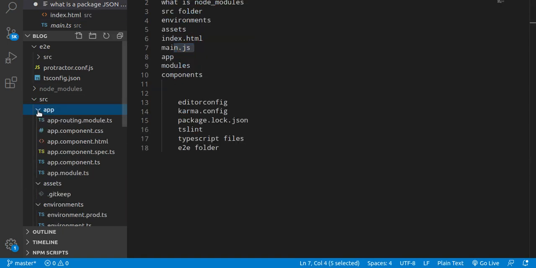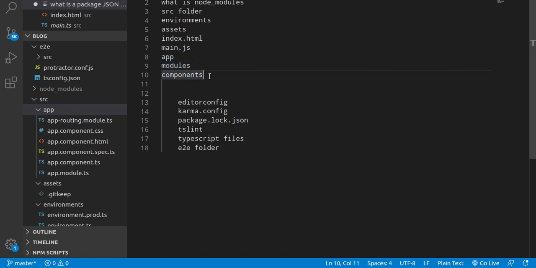So the app folder is basically responsible for the modules and the components. Now you will ask what is a module and what is a component. A module is a complete functionality or a complete task. For example, a user module. In the user module, it can include user sign up, user login, user password setting, user profile, everything about the user, right? So this is a complete module about the user.